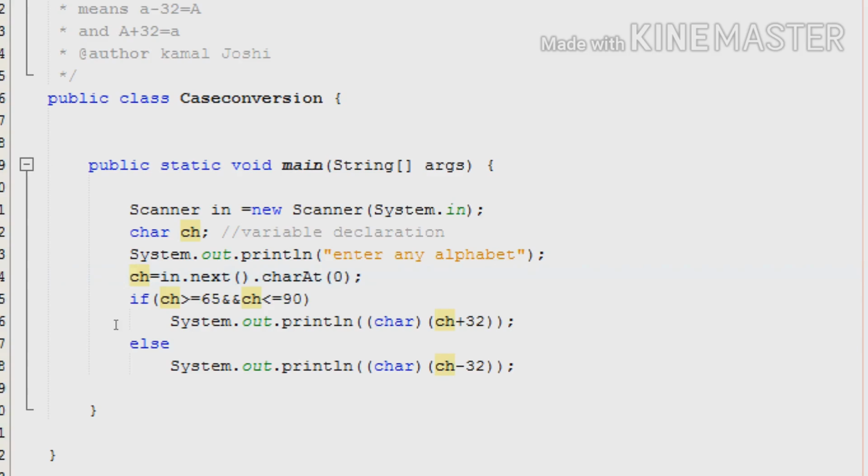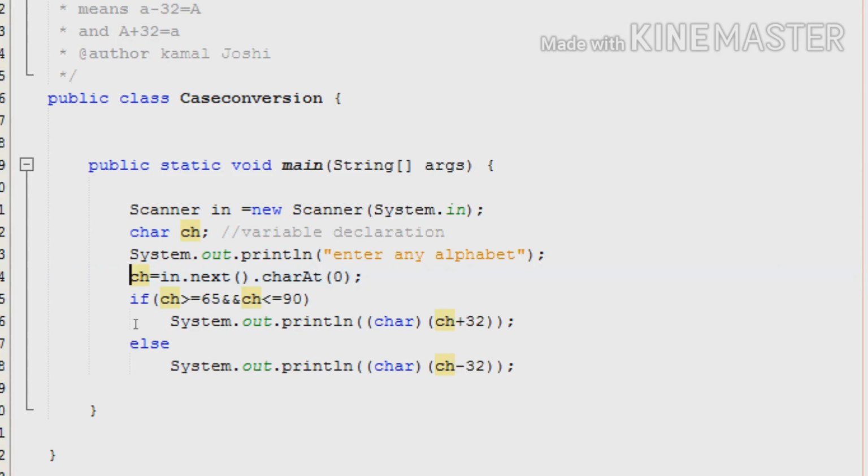Next, it will check if ch is greater than or equal to 65 and ch is less than or equal to 90. It means the character is greater than or equal to 65 and less than or equal to 90, so it will be a capital letter.